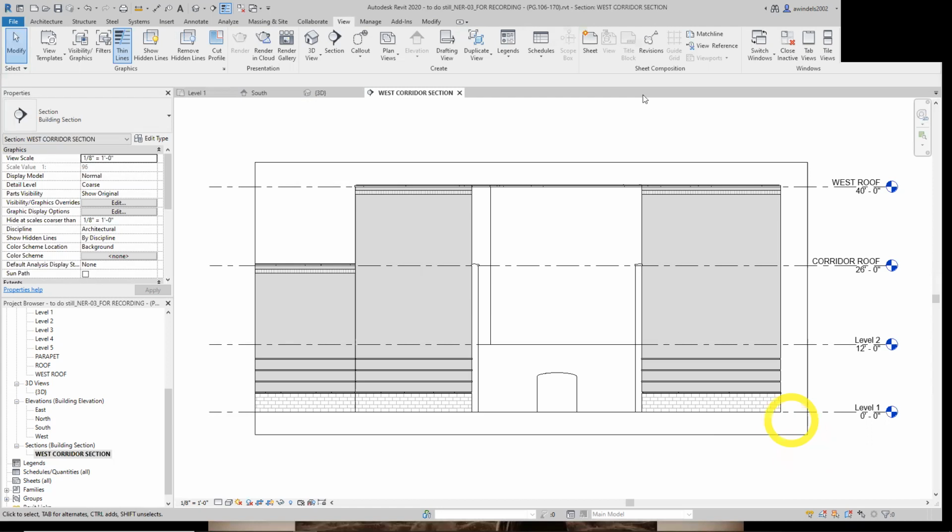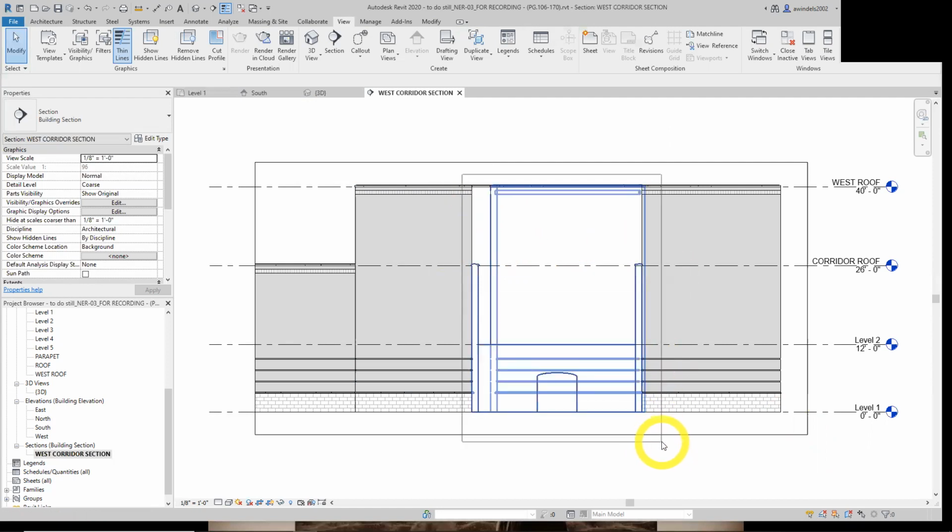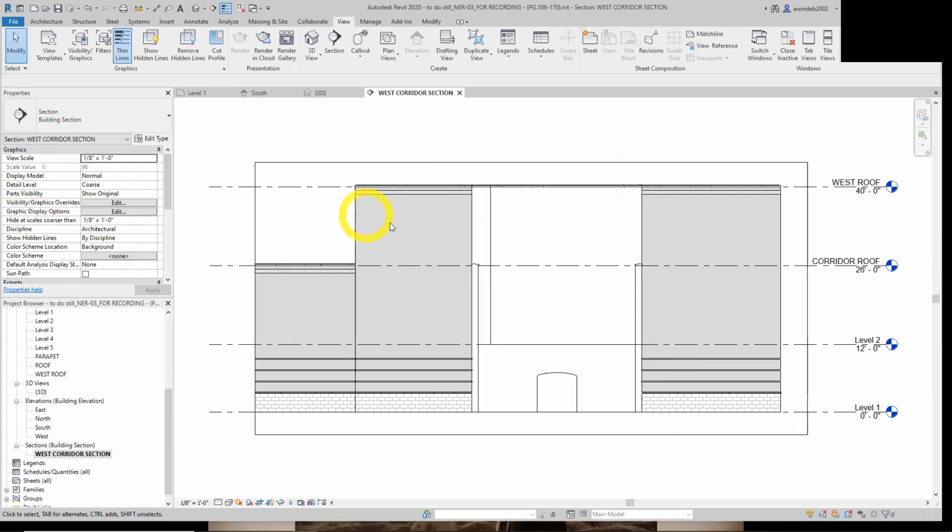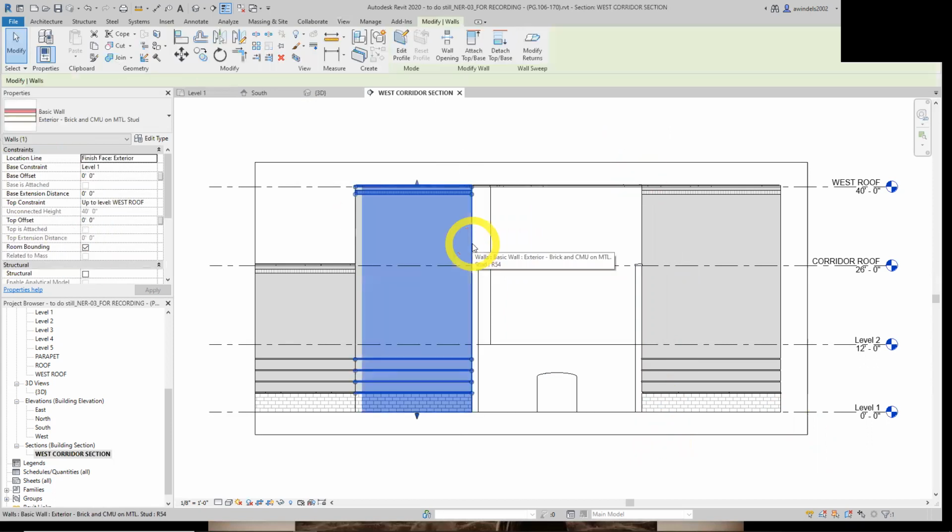We're in this section view, so we really cut in here to look at this wall. We want to fill this area with wall. This is an area that has to overlap a different structure down here. This opening and corridor interior wall. So we're going to start by picking the item we want to edit, and